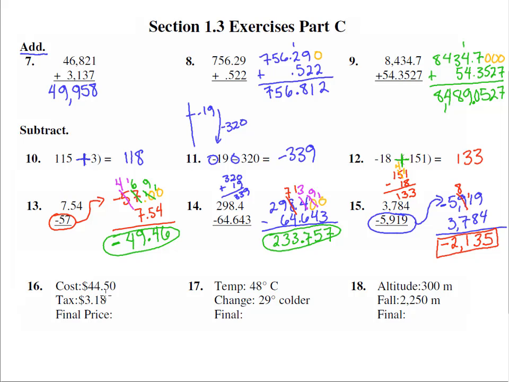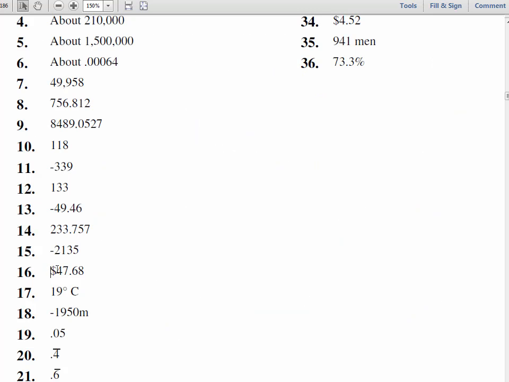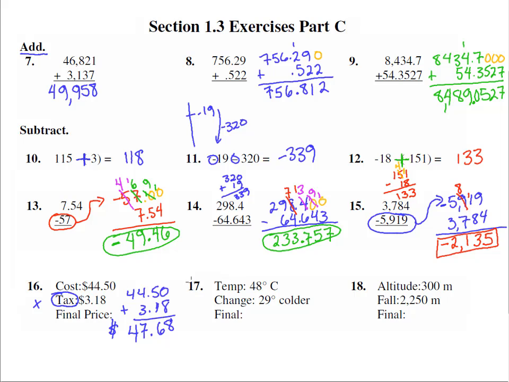4450, the tax is 318. Now tax, does that add or subtract on? That adds on. So this is going to be 4450 plus 318. $3.18 added on to that. 0 plus 8 is 8. 5 plus 1 is 6. 4 plus 3 is 7. 4 plus 0 is 4. So we have 47.68, and we're talking about dollars here. So 47.68, let's check our answer. $47.68. Great. Here we have a temperature of 48 degrees Celsius, and the change is that it gets 29 degrees